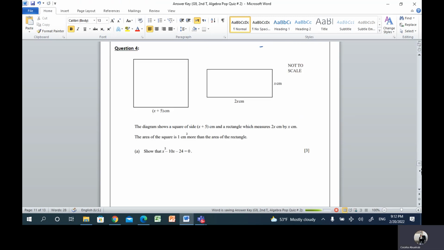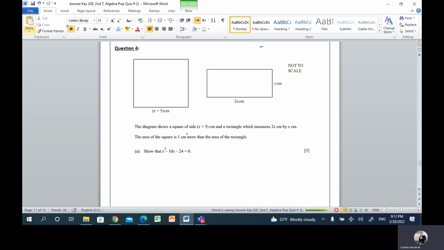So as you can see here, the diagram shows a square with a side of x plus 5 and a rectangle with two sides, x and 2x. The area of the square is, okay,